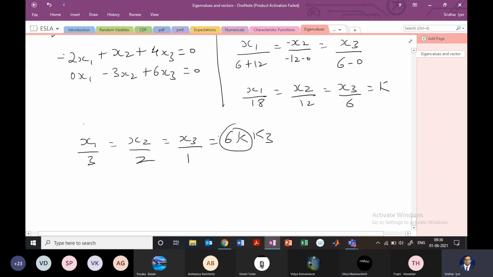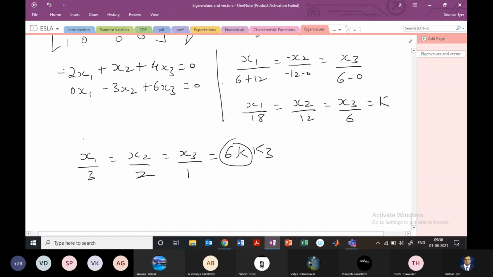Excuse me, sir. Yes, tell me. Sir, why would you pick minus x2? One second. Let me rewrite this. Why did I write this here? I wanted to write it on the denominator. This is plus only, I'll erase this. Okay, now is it okay? Yes, sir. So we'll get a negative 12 here. So this will be negative here.